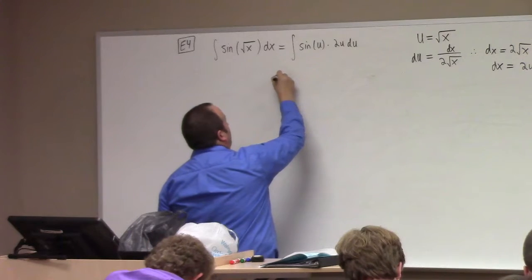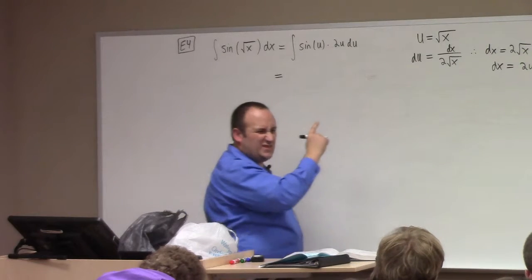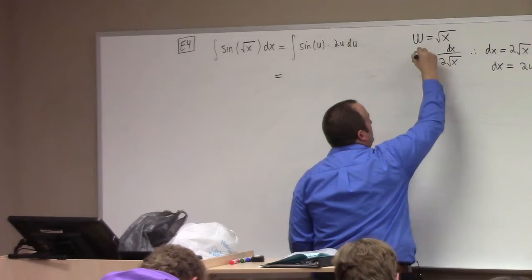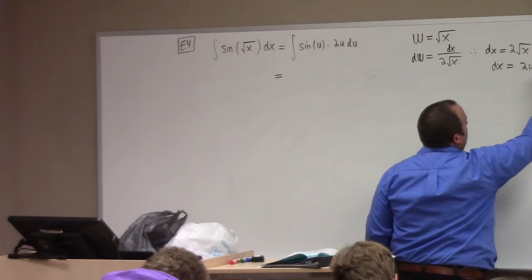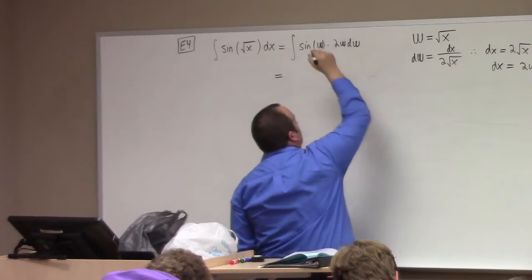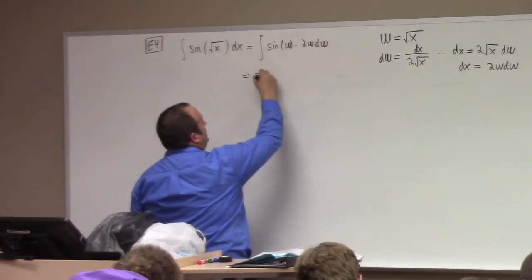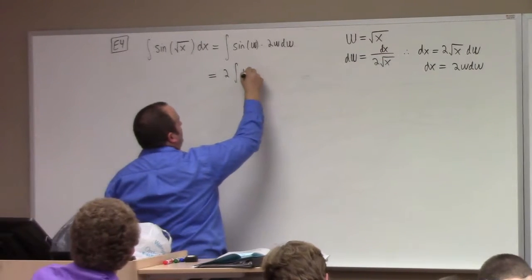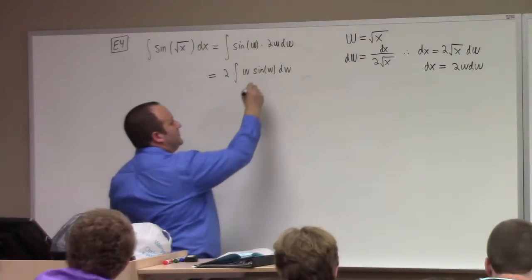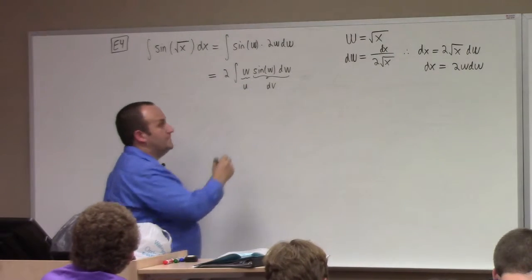So, all right. And tell you what, to make our life easier, let me not use u in this step. Let's use a w. There. So this is really 2 times the integral of w sine of w dw, right? So now I'll let sine of w dw be my dv, I'll let w be my u, and I get